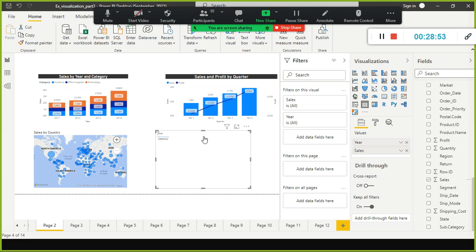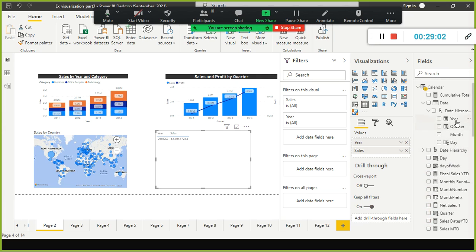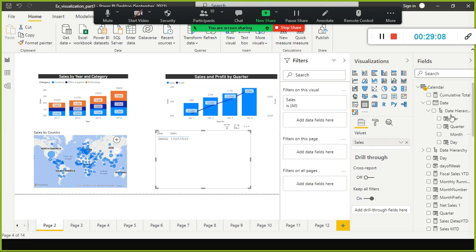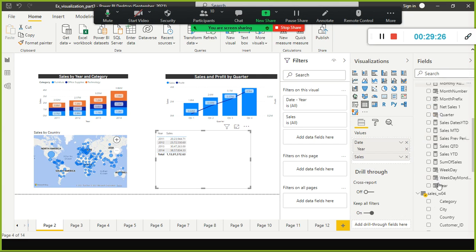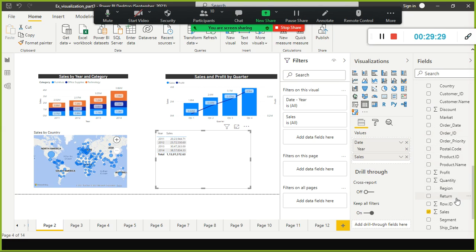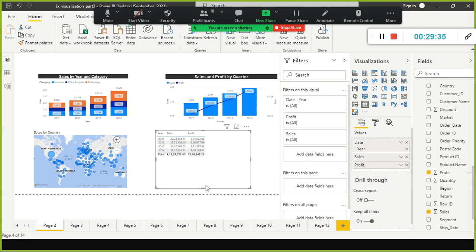And I'll just go and put it here. Here the year value is something wrong. I should have used this one instead of this year. Okay, one second. Splitting correctly. Okay, and I'll also put the profit.